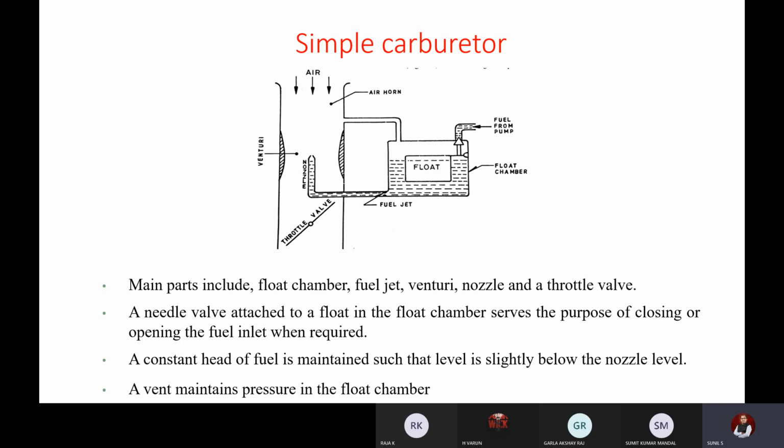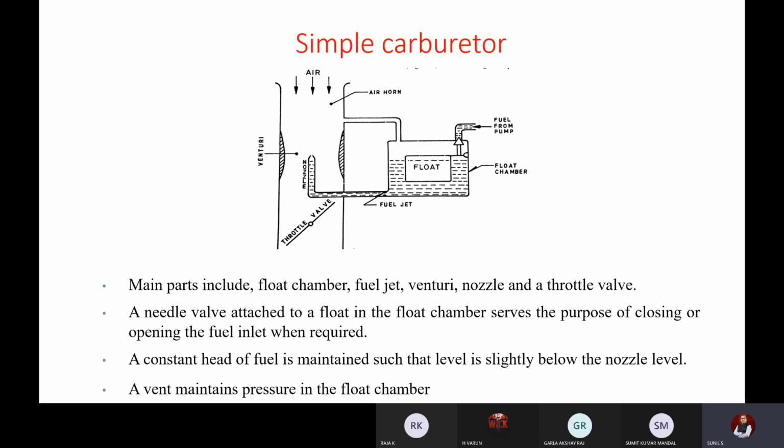Here the pressure decreases, but the float is always exerting some pressure onto the fuel in the fuel tank. So this line will be under pressure and this will be under lower pressure. Because of the vacuum, suction of the fuel takes place through the nozzle, and the fuel gets sprayed from the nozzle so that the air mixes with the fuel and flows through the inlet chamber of the automobile. As you open the throttle more, the velocity of inflow of air increases, so the pressure drop will be much higher. A higher pressure drop leads to more fuel flowing.